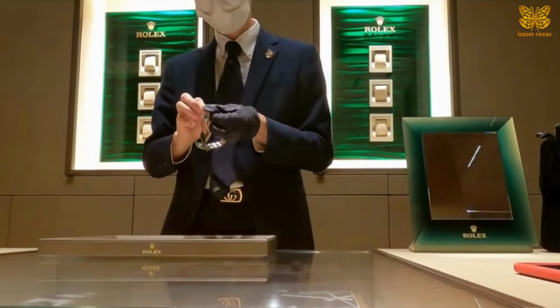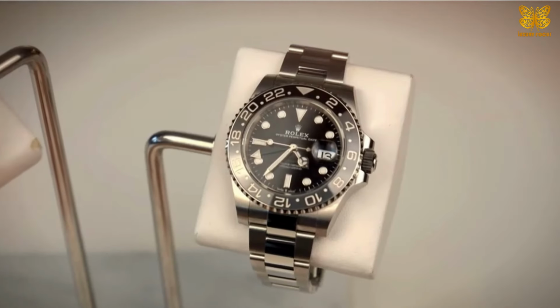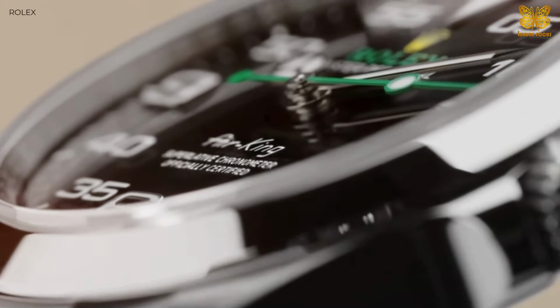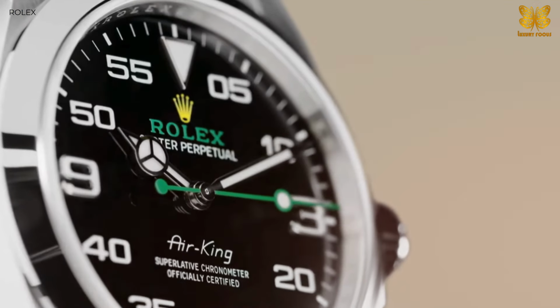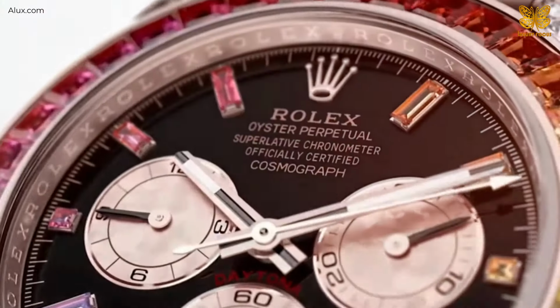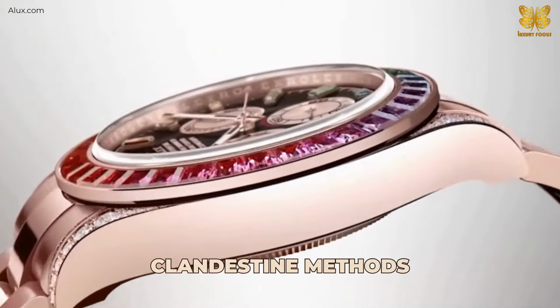In the shadowy underbelly of the luxury watch world, a silent war rages. Rolex, the crown jewel of horology, is engaged in a high-stakes game of cat and mouse with its own customers. Today we pull back the curtain on the clandestine methods Rolex employs to track its timepieces long after they've left